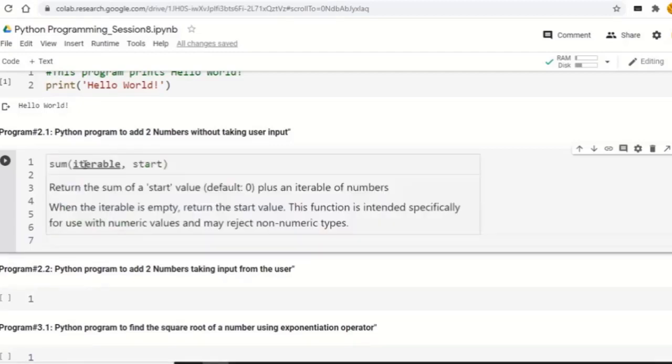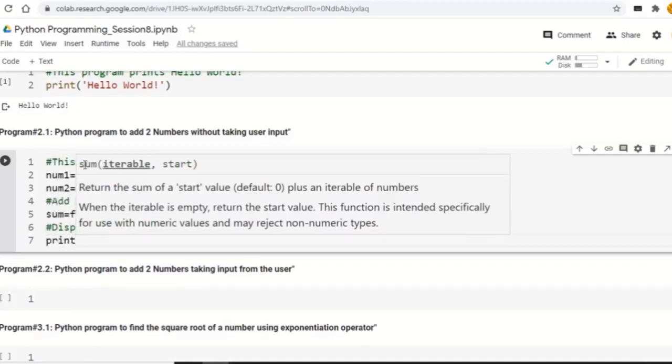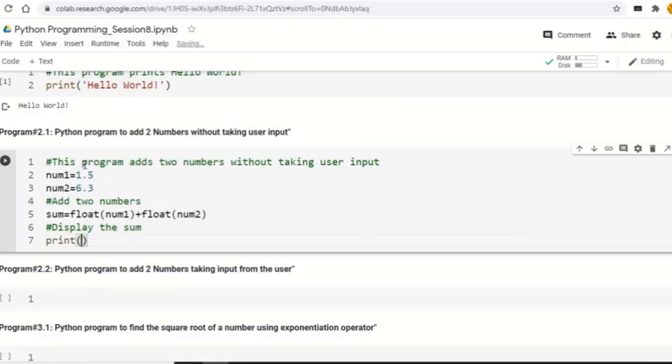Now display the sum, print. Now in this statement we are going to see how can we use placeholders, as we have studied in the output formatting. The sum of, here braces are to be used, sum of whatever values we have to substitute, number 1 and number 2, we have to print the sum of number 1 and number 2, whatever numbers are there is sum. So the sum of